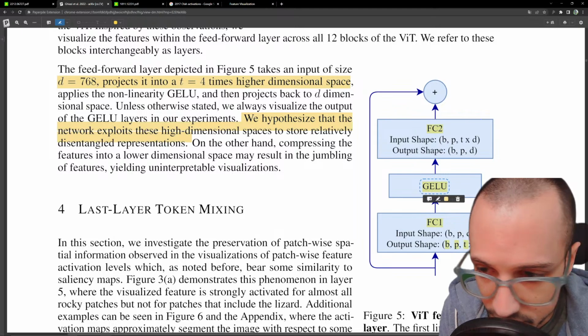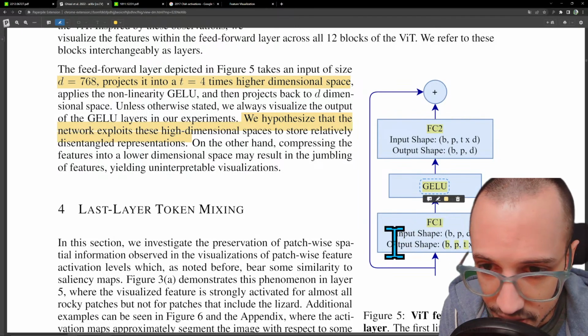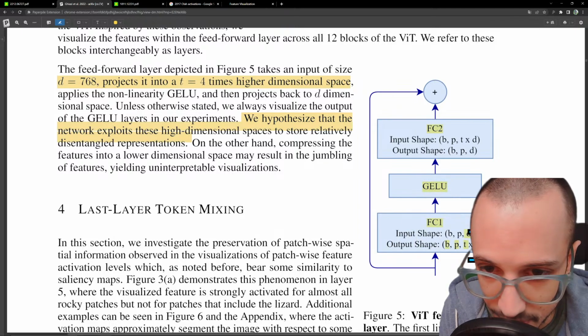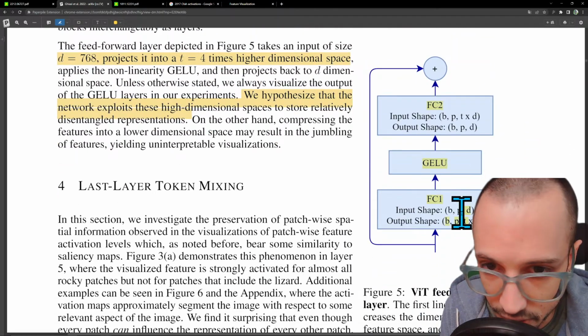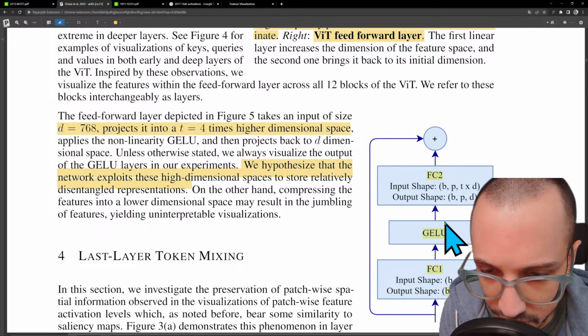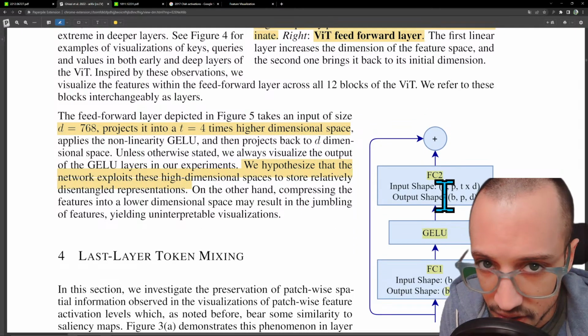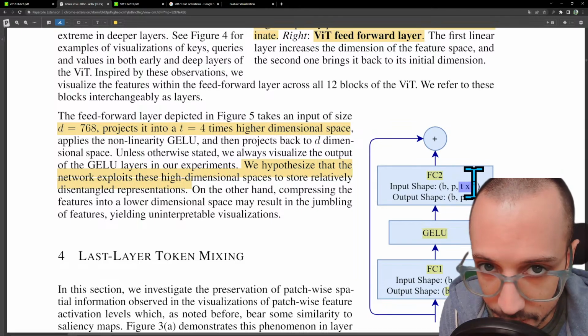And T of those, right? So the input is just D, but then you're doing this T equals 4 here. So the output is going to be 4 times higher dimensional. You're going to feed it through your activation function, and then you're going to go back from this T times